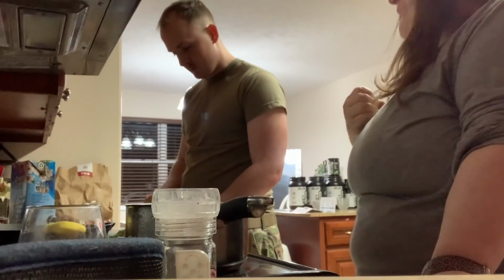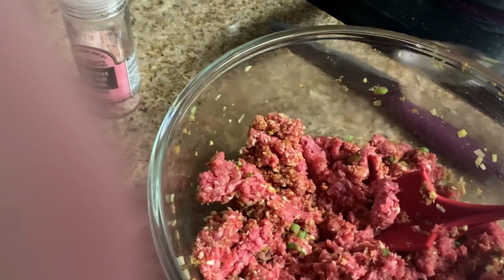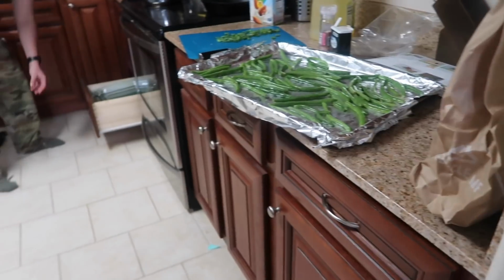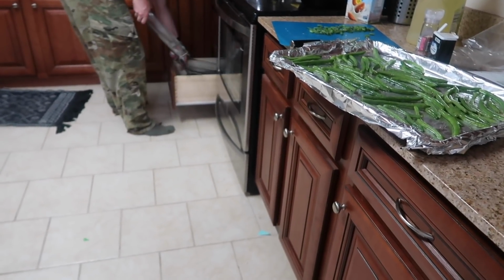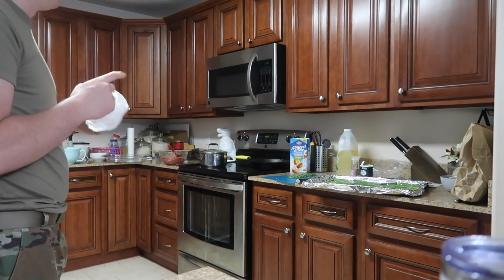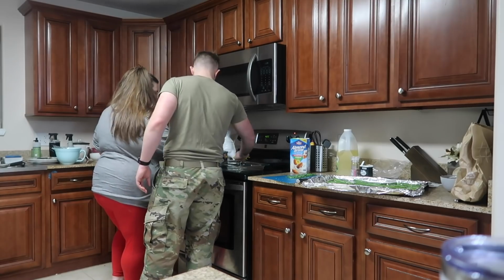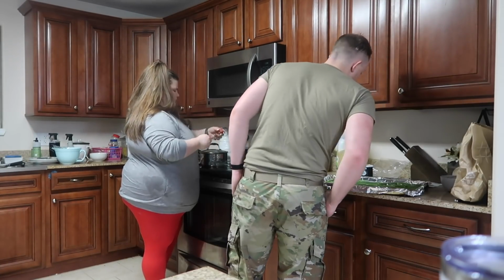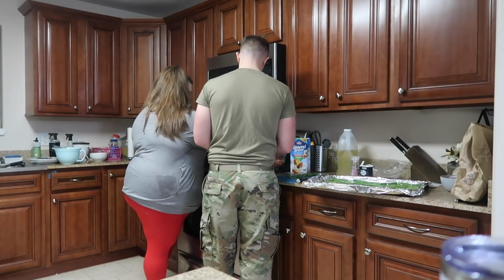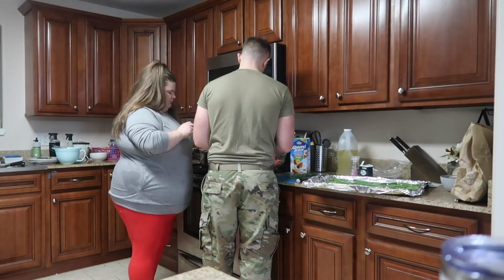It especially blew my mind when he was like, all right, let's make the meatballs. And I'm like, you want me to put the meat in my hand? For whatever reason, I hate touching raw meat. I just do. I hate it. I use the tongs, and I was using a spoon, and he's making fun of me a little bit for using a spoon, but I only had to touch the meat with one hand instead of both. So that was nice. Anyway,